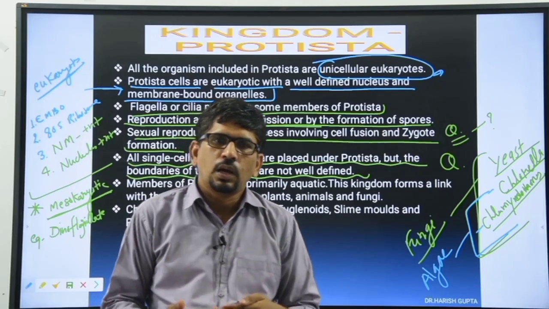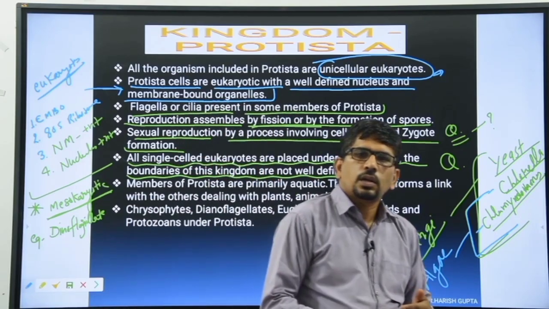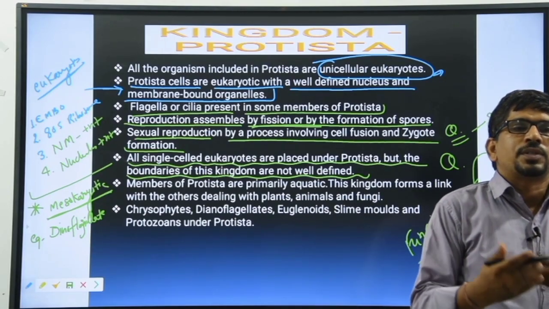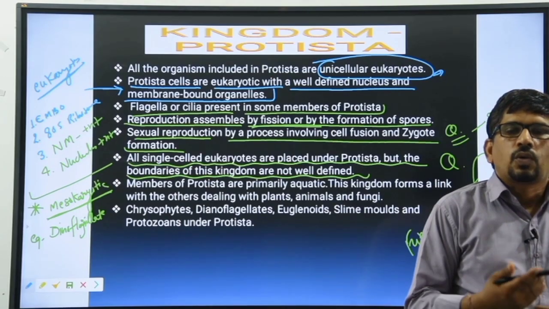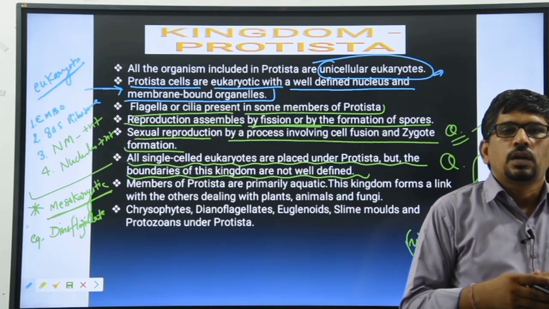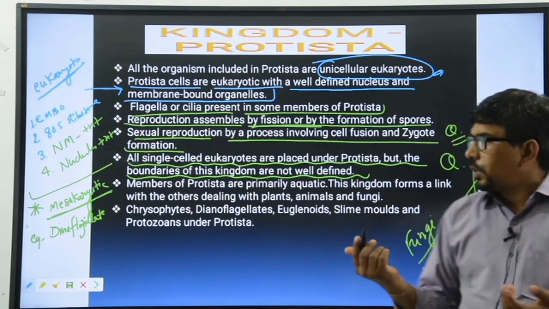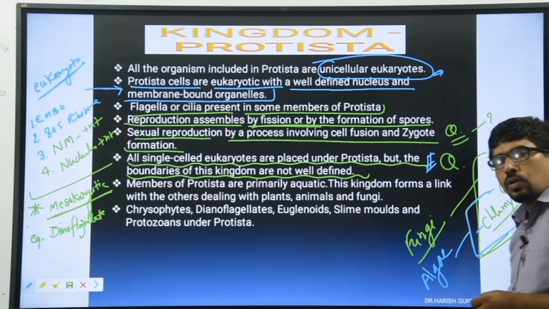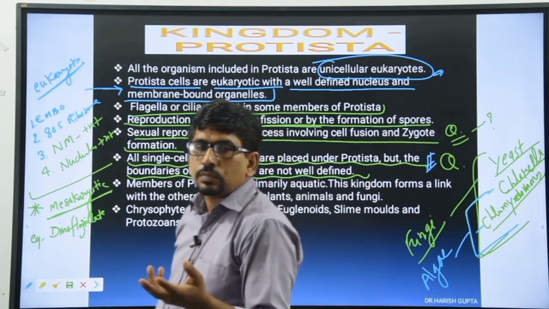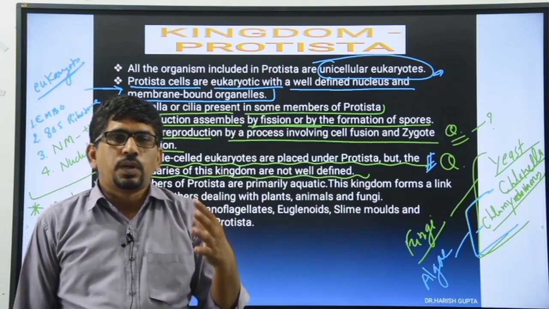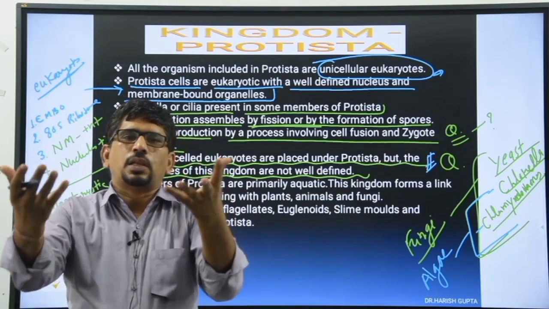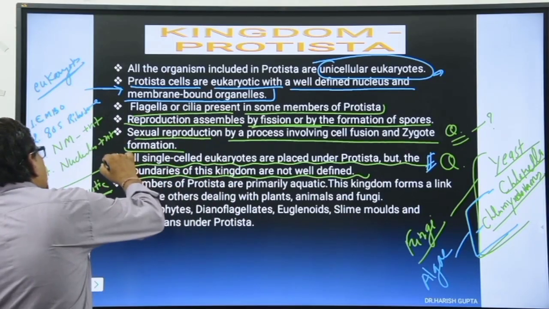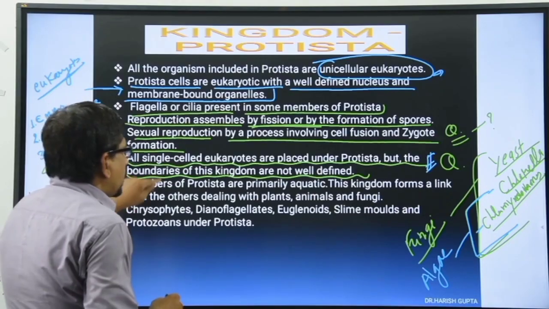बाउंड्रीज क्लियर नहीं है तो क्या हो गया? विवाद हो गया ना, कंट्रोवर्सी हो गई. सो क्वेश्चन आए, विच किंगडम रिप्रेजेंट द कंट्रोवर्सी? कौन सा जो हमारे पास किंगडम है जिसमें विवाद है? आंसर क्या हो गया? प्रोटिस्टा. प्रोटिस्टा इज ए कंट्रोवर्सी किंगडम. ठीक है ना. इसमें कंट्रोवर्सी मतलब क्या हो गया? सहमत नहीं है, असहमत लोग बाग. तो अभी तक यही कंडीशन है, इसलिए इसको कहते हैं कंट्रोवर्सी किंगडम. इसलिए ये क्वेश्चन अपने आप में क्वेश्चन है.